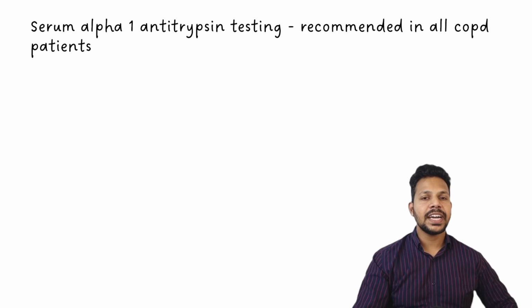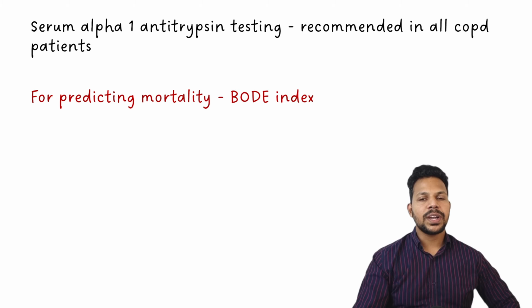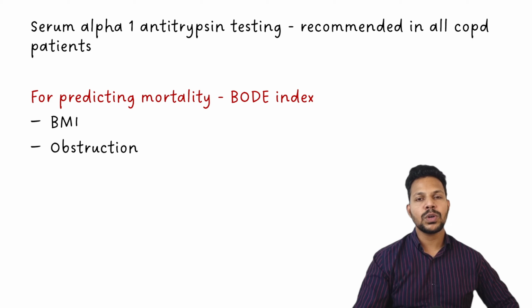Now we have assessed the severity, let's predict the mortality. For predicting mortality, we have an index called the BODE index. B for BMI, O for obstruction, which is found out by looking at the FEV1 by FVC ratio, and D for dyspnea, which is found out by looking at the MMRC scale, and the exercise capacity of the patient,